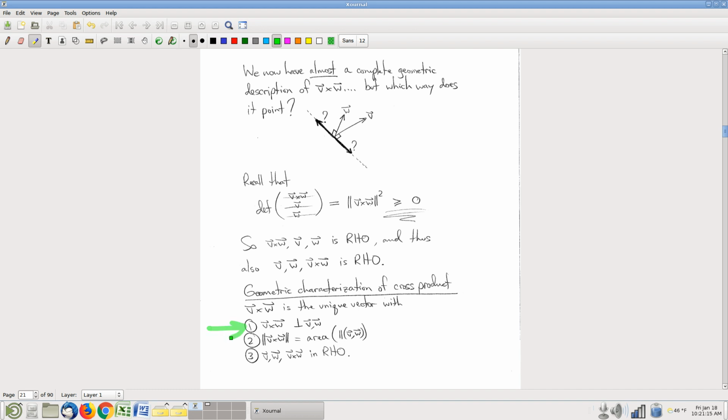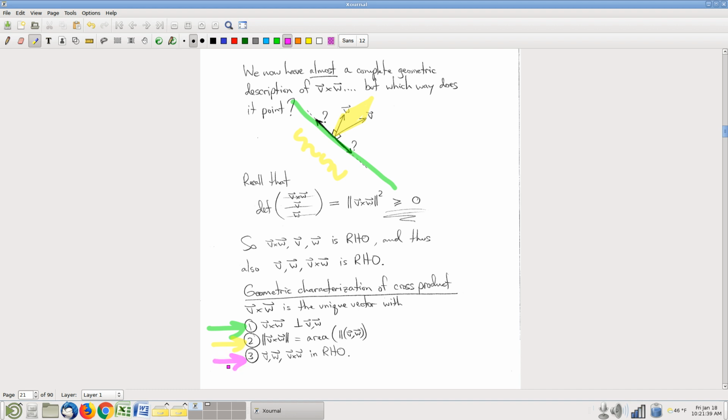It's perpendicular to both of the input vectors. Right? So it's along a line kind of like that. Its magnitude is equal to the area of the corresponding parallelogram. So, you take those vectors, make your little parallelogram like that. That tells you how long it is. And finally,